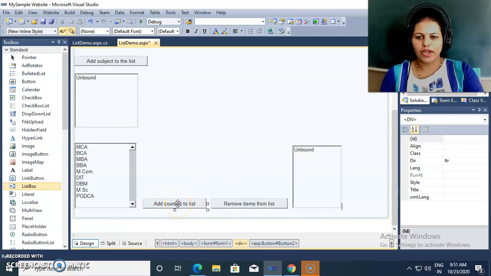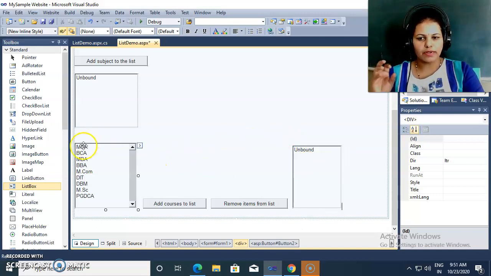So this logic we need to use inside this button click event, right? We traverse the whole list first, and by accessing one by one elements, we check whether that particular accessed element is checked or not. If checked, then we add the text property of that particular item to this list. Otherwise, we go to the next iteration.